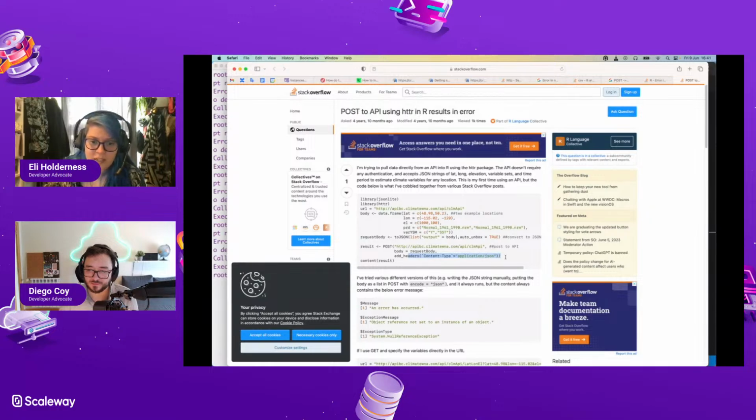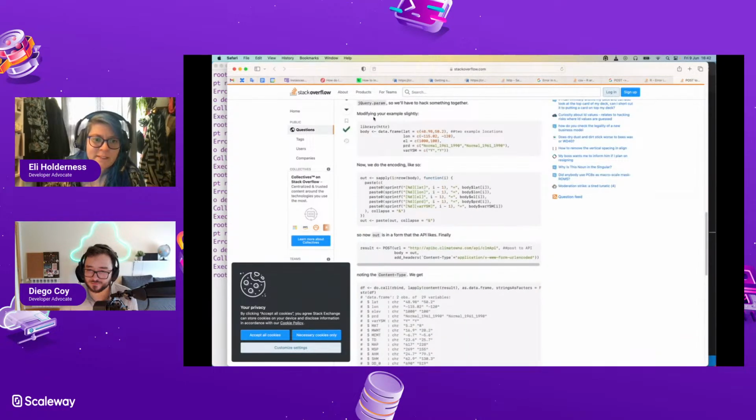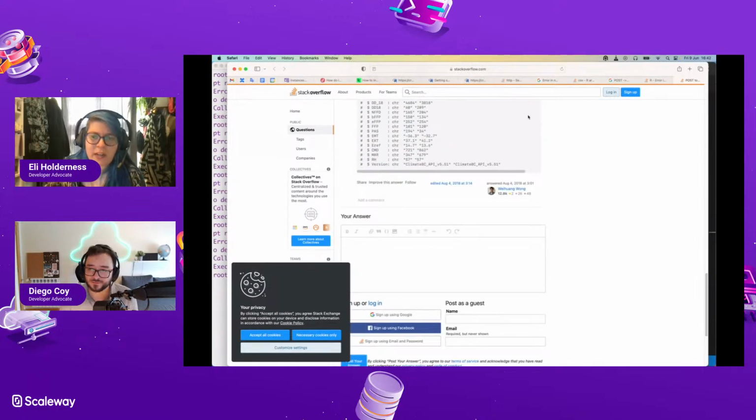So they're adding headers in the same way that we are. They're not getting the same error that we are, though.